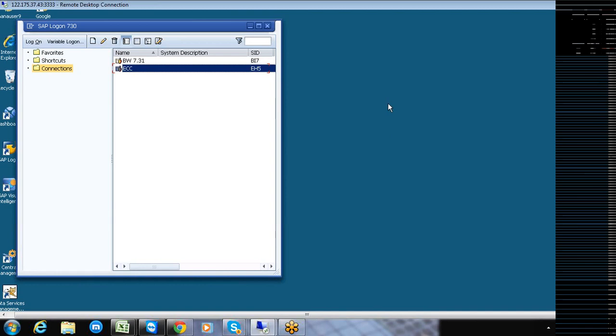Anand, one thing here. If you are doing a direct replication of data from the ECC system onto the HANA platform, BODS is not at all required. Anand, is my point clear to you? In case you are doing a direct dump of data from ECC to the HANA platform without any business logic, which is going to be a direct dump, BODS is not required, and you use the concept of SLT. But BODS we are going to use where we want to customize the data as per our requirement.